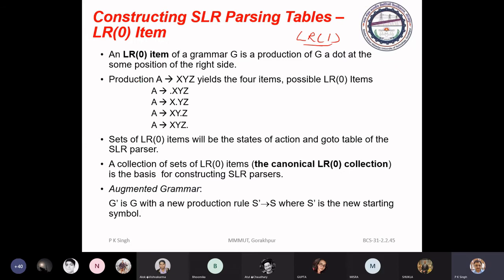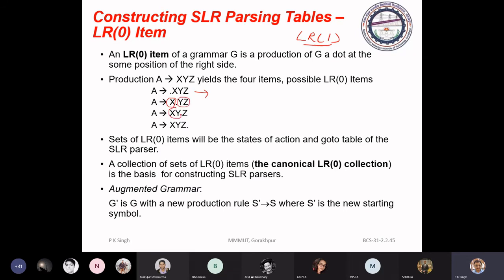Now how we proceed for construction of the table? First thing, just see the meaning of this. This item says that you are in the state to start parsing this construct. This item says you have passed this construct and you have to parse this construct.